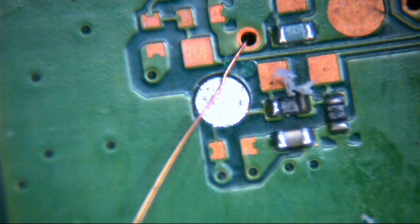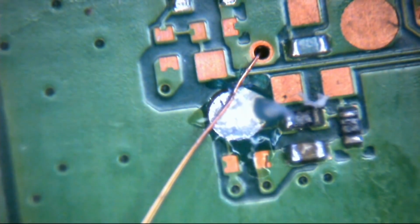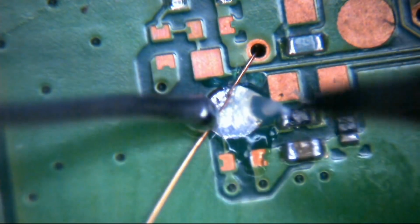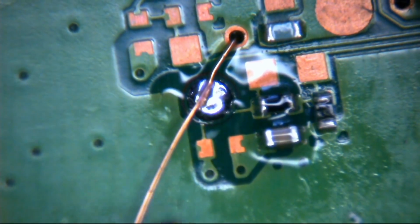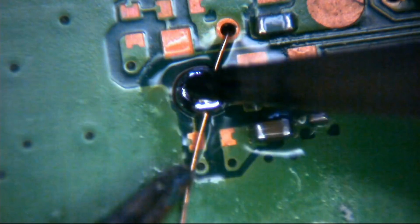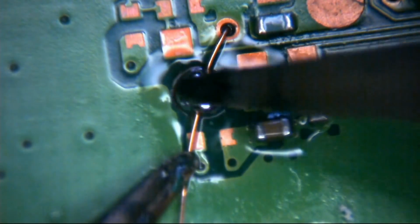So this is enamelled wire, as I said before. So essentially, what's going to happen here is I'm going to put a little bit of flux on the pad, so you can see that there. And then I'm just going to come in here with a little bit of solder and tin that pad up. Okay, so that's nice. And then I'm just going to get the tweezers and hold this wire flat, and then hold the wire in the pool. And what will happen is the heat from the iron will strip the enamel